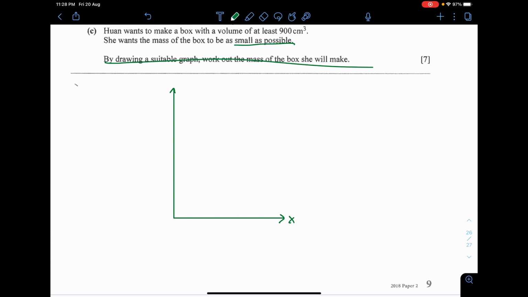Okay, so x and then the volume of the box. I'm going to draw the equation y equals x(20 minus 2x)(30 minus 2x) just now. This is the volume of the box. You can use y or you can use v. By right, you usually have to write v, but I think they will not. Actually it depends, they might. Anyway, just graph the curve.